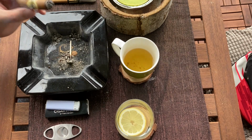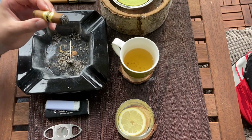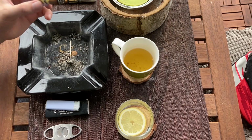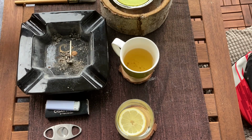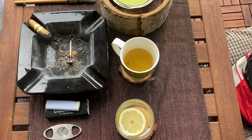But not the smell of it, and especially not in confined rooms. So when I take a puff, I put the cigar down and let the wind take the rest of the smoke away. I even find it annoying when I put a cigar down like this, it comes towards me,